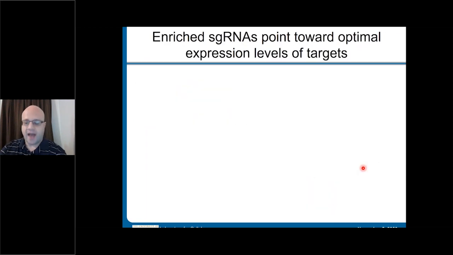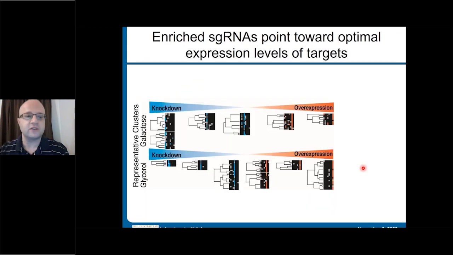In doing that, we were able to find clusters. So gene targets popped up in terms of their enrichment across the board. Some were in the strong knockdown category, some were in intermediate expression, some were in the high overexpression, and then also intermediate overexpression. So we really saw that there was an optimum for gene expression for these targets. It wasn't just this binary, we need a strong overexpression, or we need a strong knockout to be able to get a phenotype. We often found our optimum somewhere in the middle.